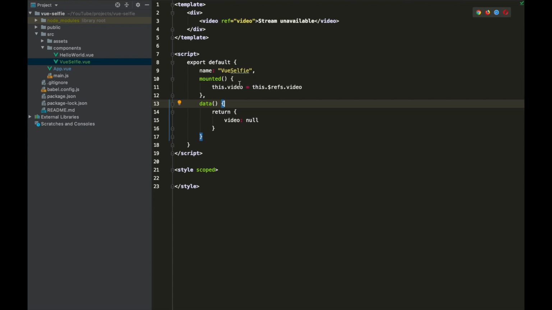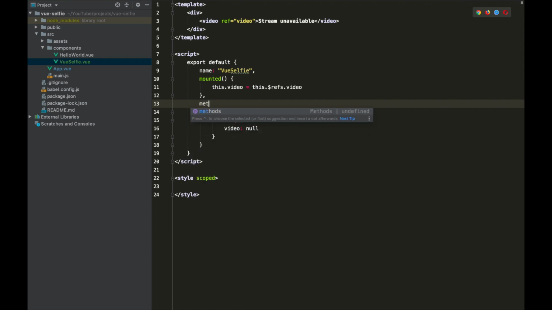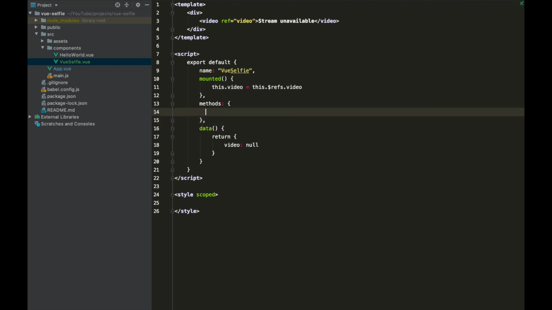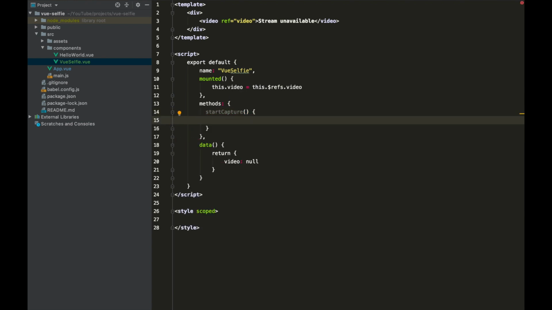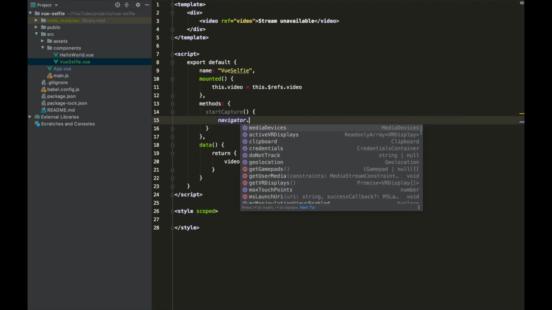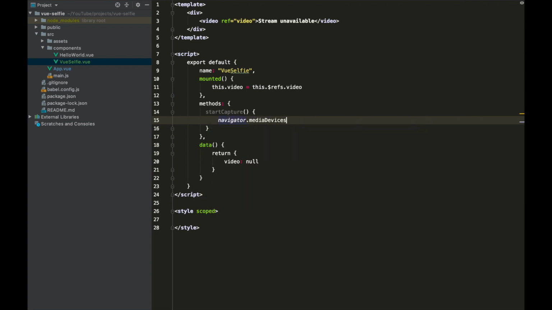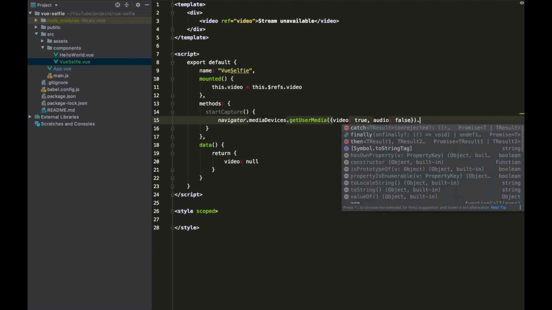What we now want to do is create a method, so let's add in our methods option, and we're just going to call this startCapture, which will just start the webcam for us. So what we need to do is type in navigator.mediaDevices.getUserMedia, and that user media is obviously the webcam. And so we just want to pass in a couple of options. One will be video, which is true, and then we don't want the audio, so don't turn the audio on for the webcam, that's false. And this will then return a promise,